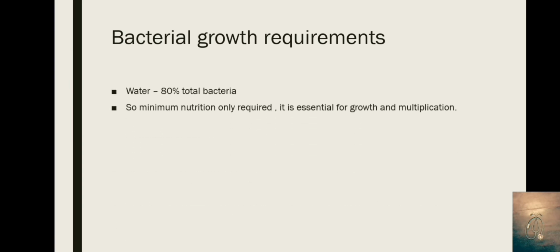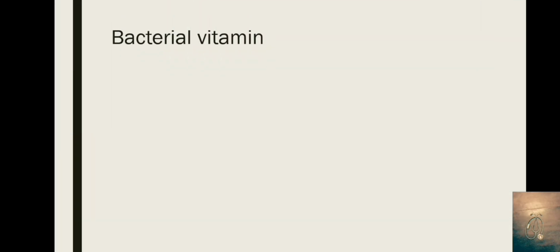Bacteria contain 80% water, so they require just a minimum amount of nutrition. That nutrition is required for growth and multiplication. The nutrition consists of carbon, hydrogen, nitrogen and oxygen like us. And they even want some other special nutrition like sodium, potassium, sulfur, magnesium, manganese, iron. And coming to